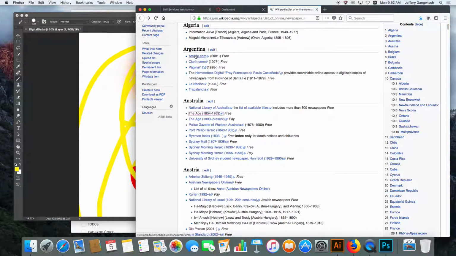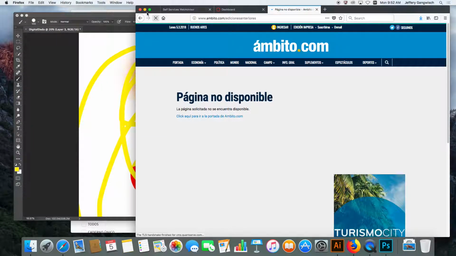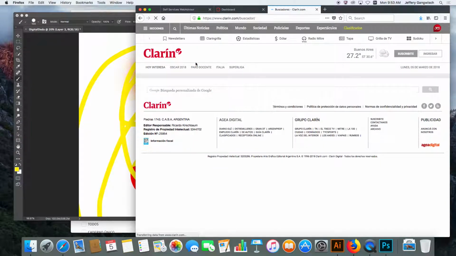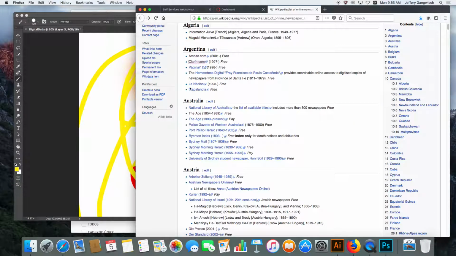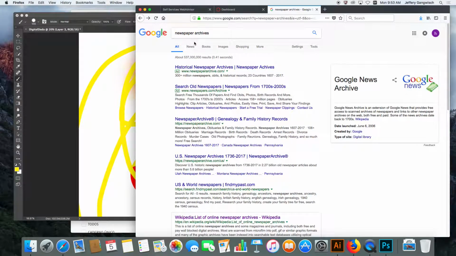This is not free, so I'm going to go back a couple steps. The Ambito was what I think I clicked earlier. That seemed to work just fine. Of course, now it's not available. How funny. What on earth did I do? Well, I'm going to work on that later. For the moment, I'm going to go to